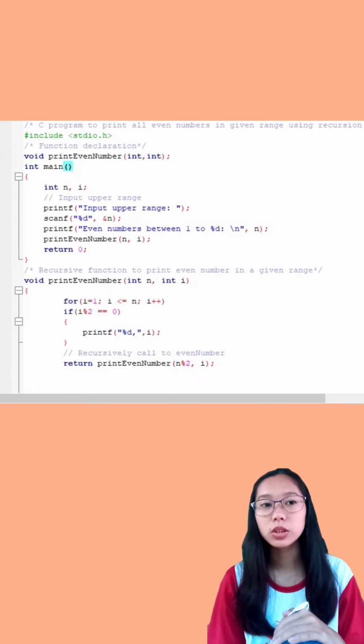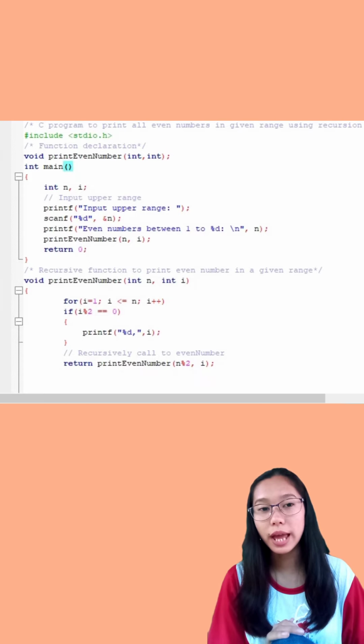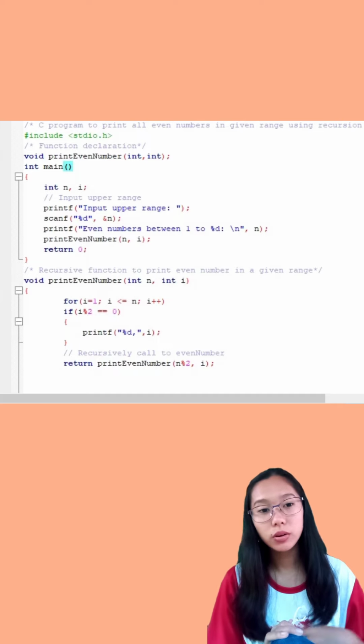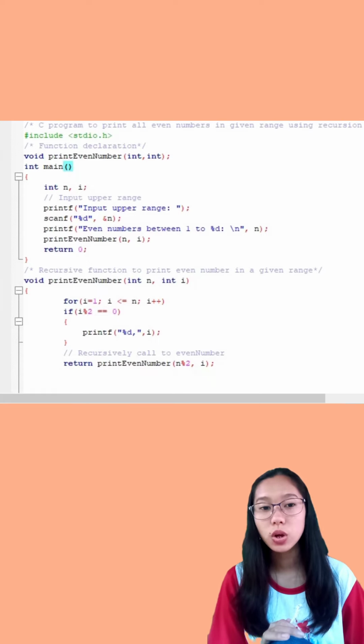Then for (i = 1; i <= n; i++), if (i % 2 == 0), then printf("%d", i); So now that's going to recursively call print_even_number. So return print_even_number(n % 2, i);